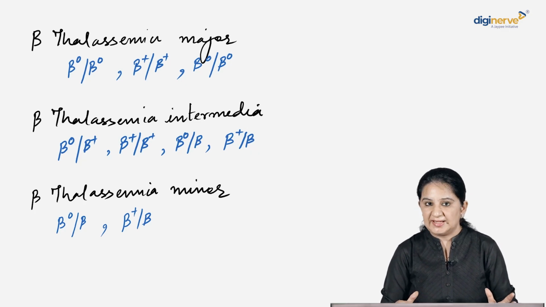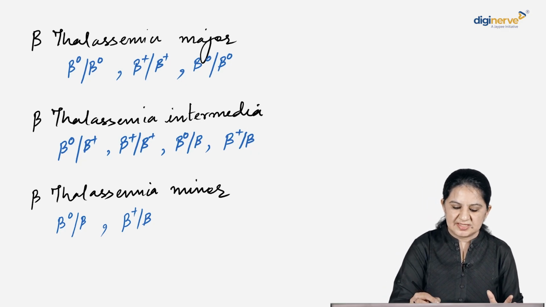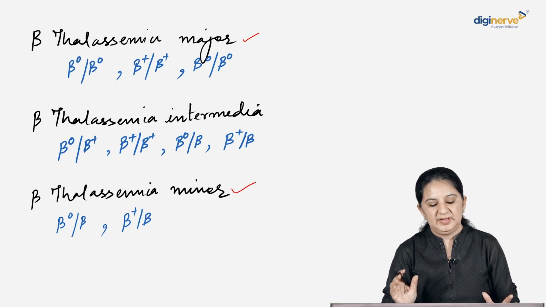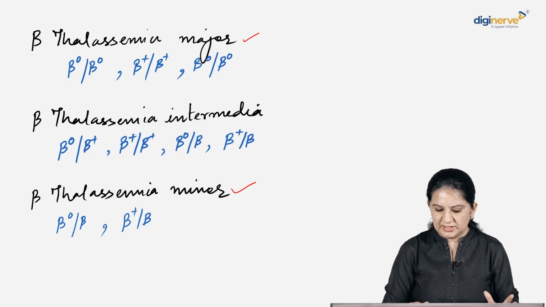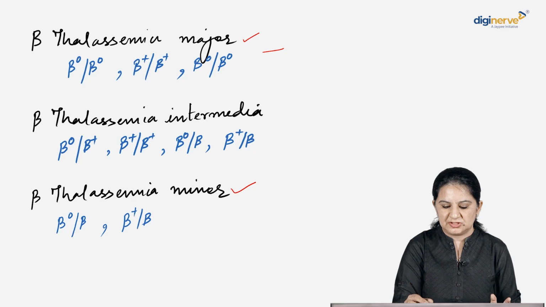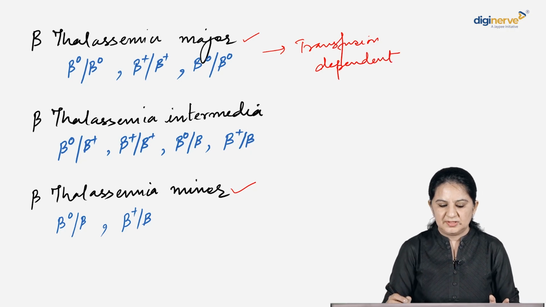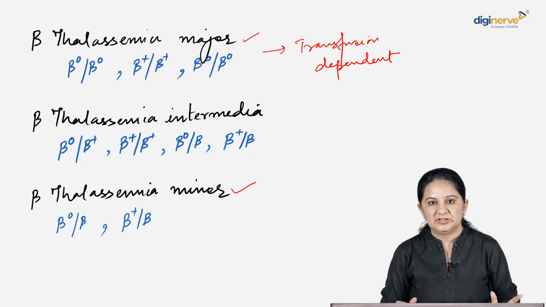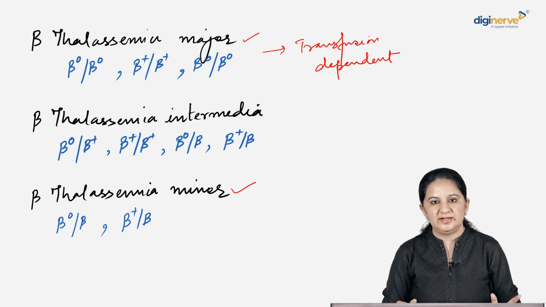So it could be complete absence of beta chain or some synthesis of beta chain. So this can be classified as beta thalassemia major, in which there is complete absence, and beta thalassemia minor. Beta chains are synthesized, but they are lesser in amount. Alright. Please remember that beta thalassemia major patients are always transfusion dependent. Beta thalassemia minor patients are usually normal. They don't suffer from any hemolysis or as such. Anemia is there, but it gets detected incidentally.